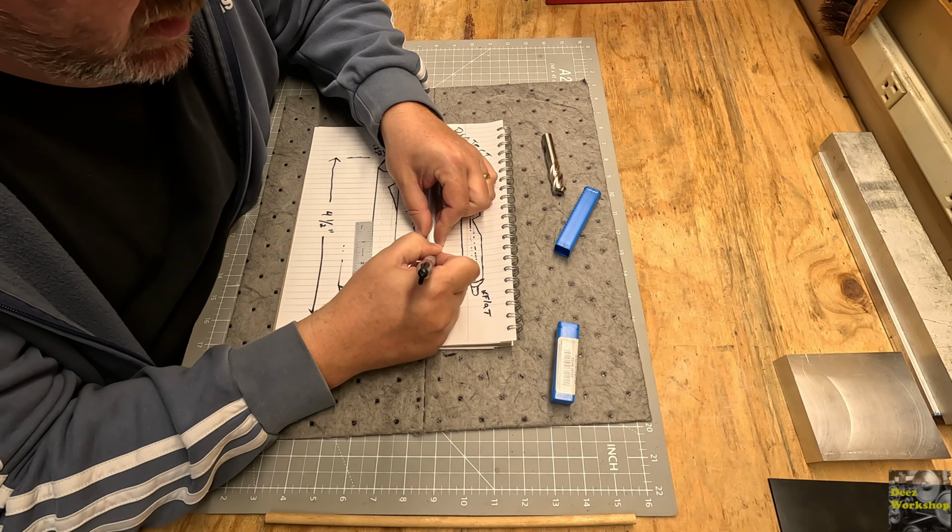I need to center bore that out, face off the ends, put a little bit of a chamfer on both of those, a little angle, and yeah, we'll be on our way to making a whistle. Let's get started. So here's the setup. Let's get this wiped down a little bit. I'm going to use my square collet chuck. I need a 1/2 inch collet,